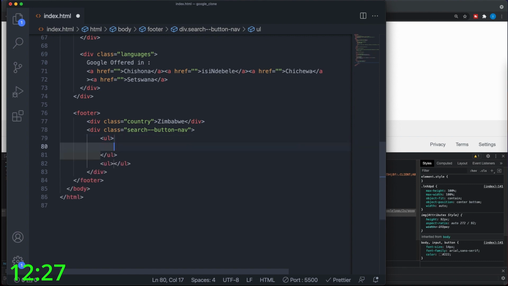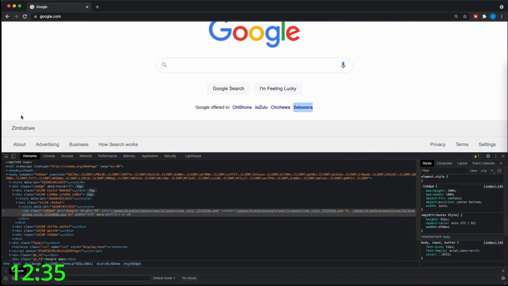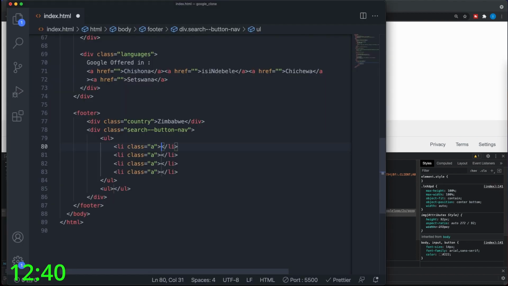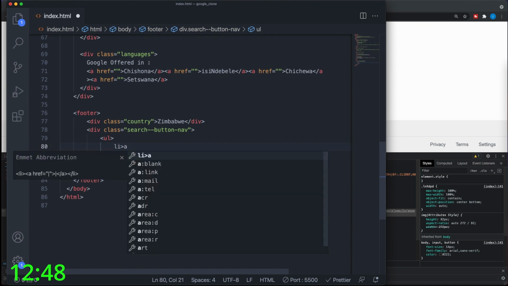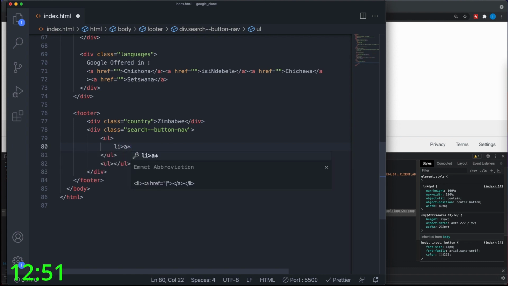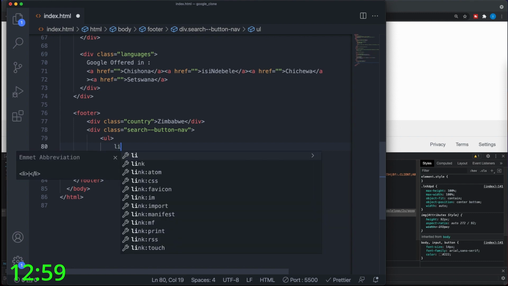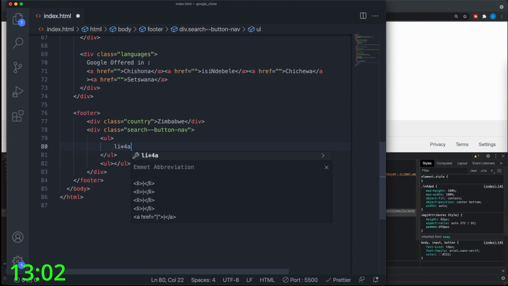Okay, so the first UL is going to have an LI and an A tag, and these ones are going to be how many? 1, 2, 3, 4. Okay, awesome. So I'm just going to say start 4. Perfect. And the first one, oops, what did I do? LI A ×4. Okay, I'm doing it wrong. So it's LI ×4 A. Is it? No. Anyway,